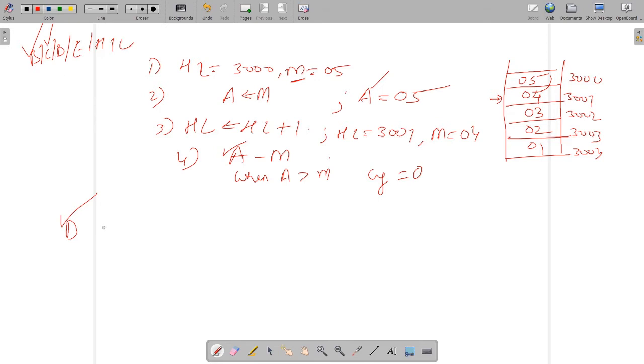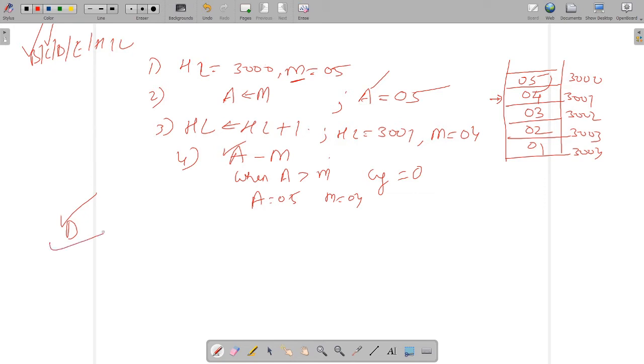So now you can take this D, because we want to exchange the contents of these memory locations. And if you want to exchange the contents of variables, you have to take the help of a third variable, because you cannot perform the swapping like in C language. So now you will require this D. What are you going to do now? You see, A will be having 05 and M will be having 04. So you just have to shift this value of M into A, and the A value will be shifted to M.